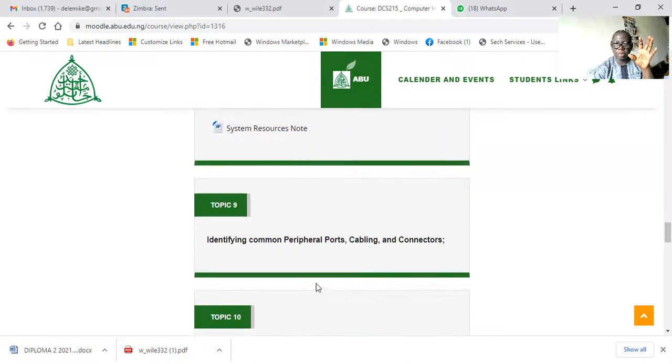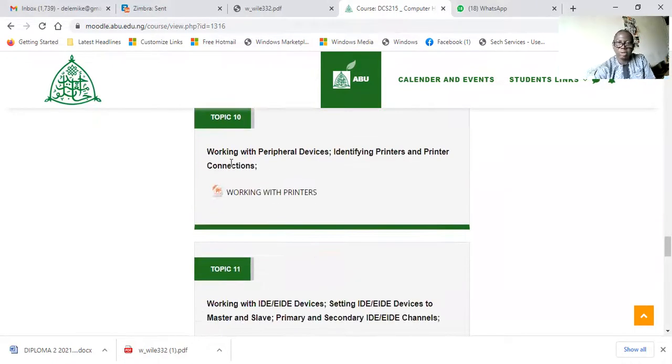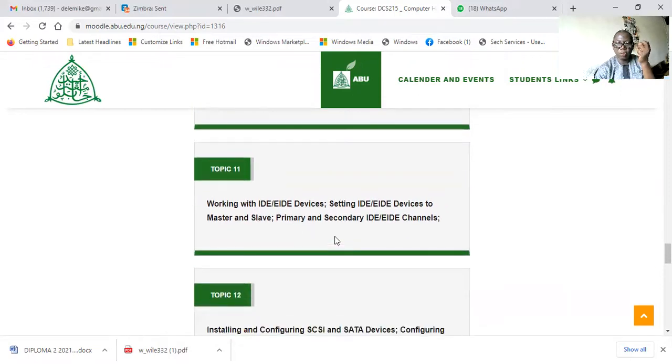We're talking about identifying common peripheral ports, cabling, and connectors. These are the physical ones that we need to look at. Then we'll talk about working with peripheral devices, identifying printers and printer connections. That will be under working with printers. Then we'll look at working with storage devices like integrated intelligent drive electronics and enhanced intelligent drive electronics devices, and